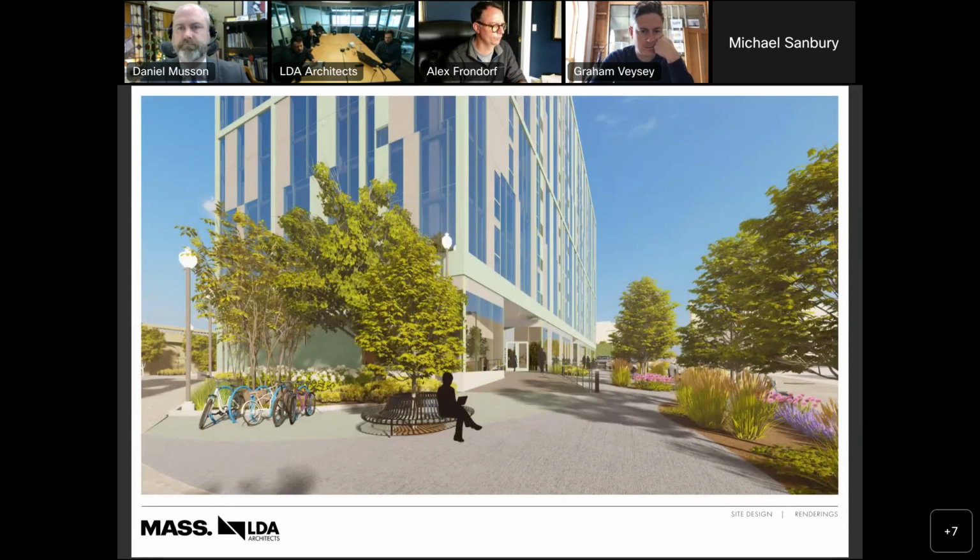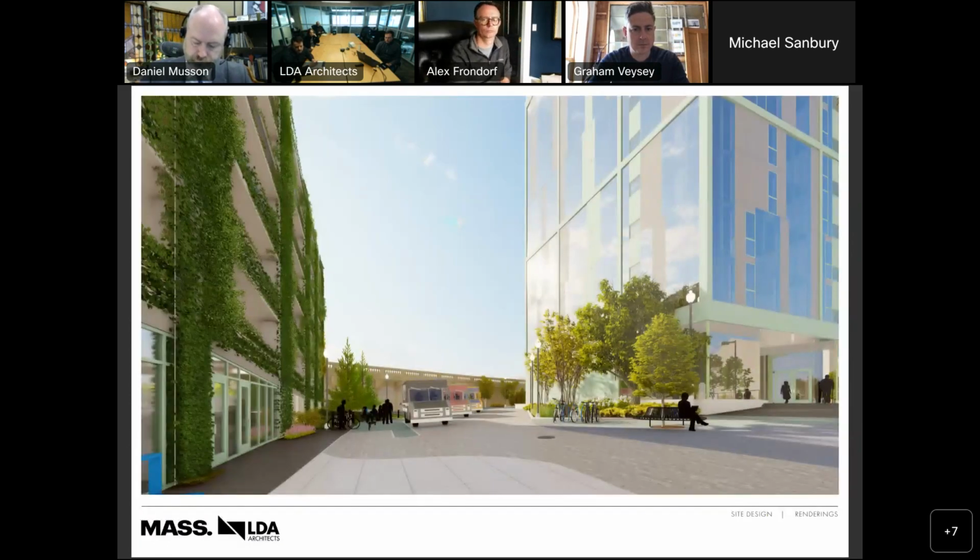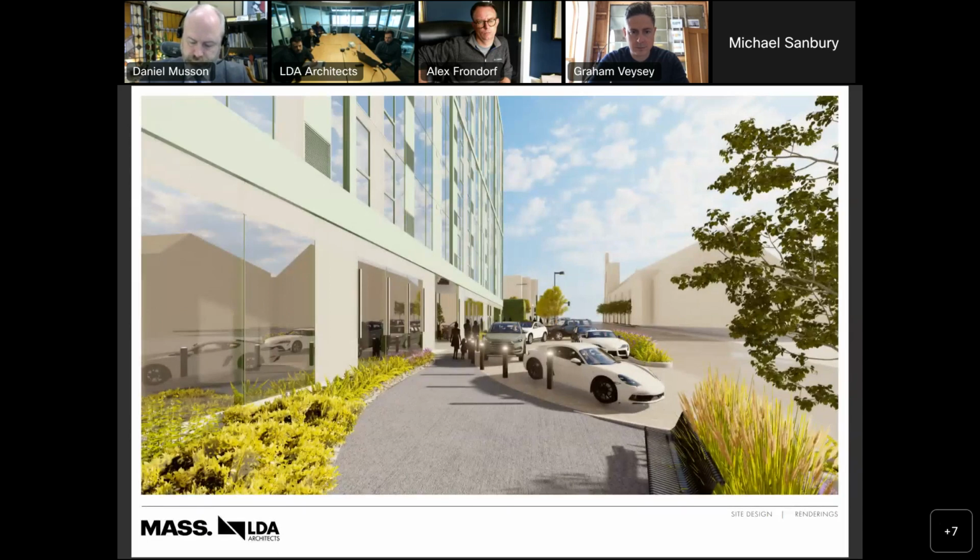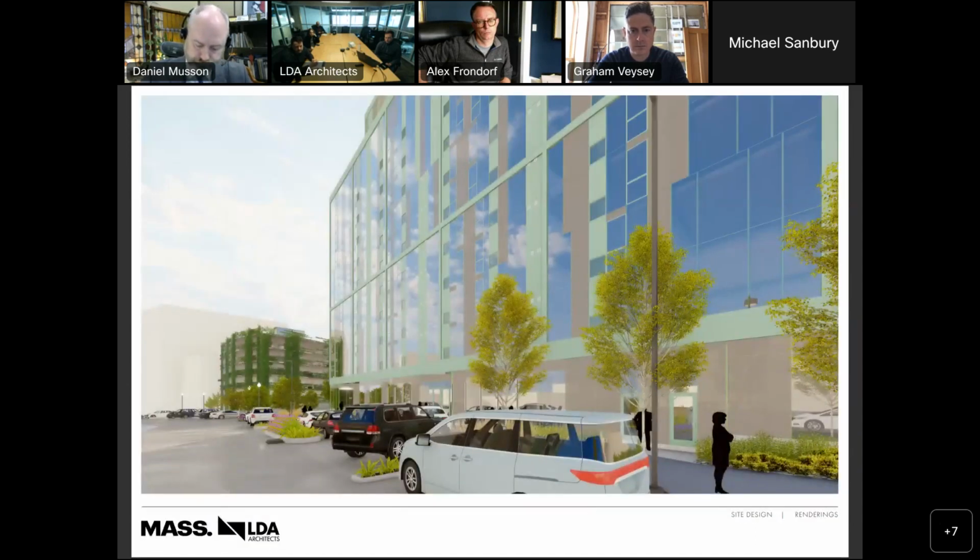This is a view to the north of the tower, looking west along the Vermont and the Viaduct Street. Next slide, please. And then this is a view looking south between the garage and the tower. Next slide, please. Another view looking to the west along the north side of the tower, the hotel drop-off. Next slide, please. Another view of the hotel drop-off with the garage in the background. And for the next slide, we'll talk about the garage a little bit.